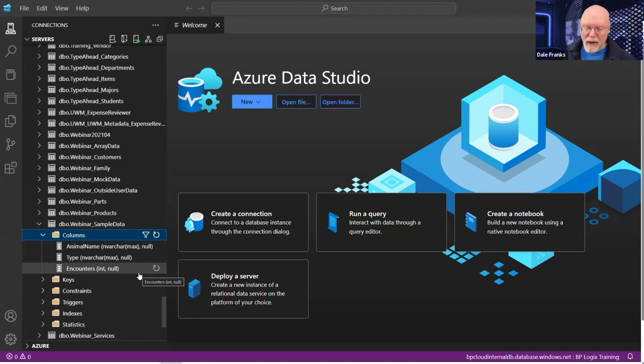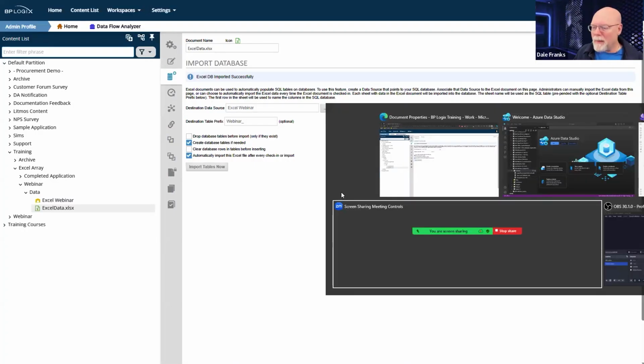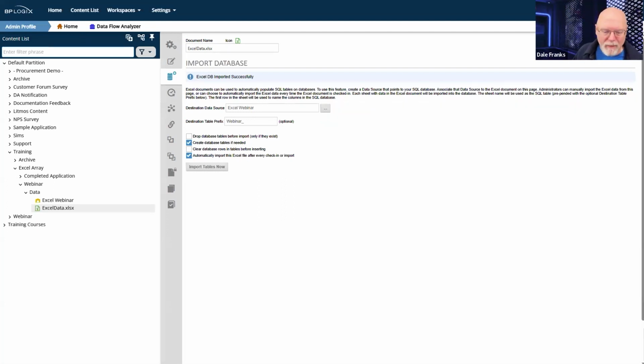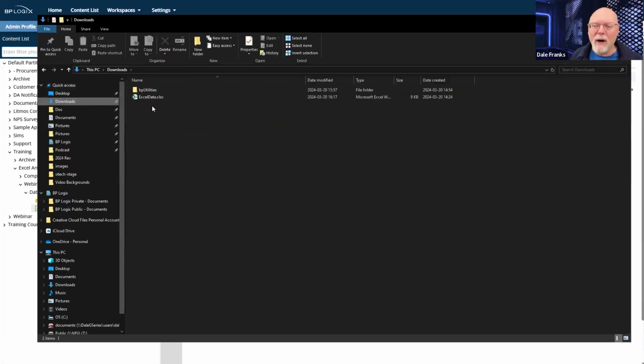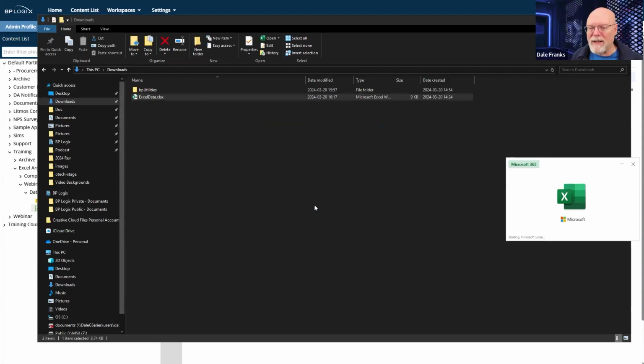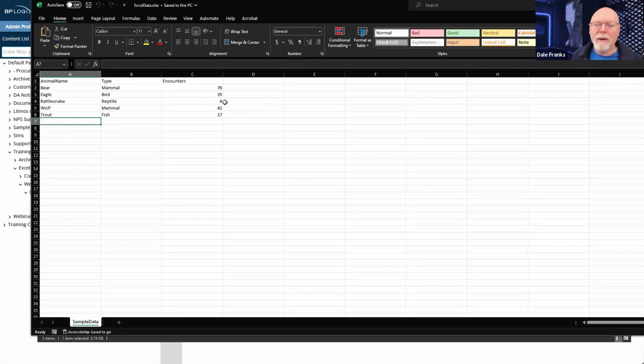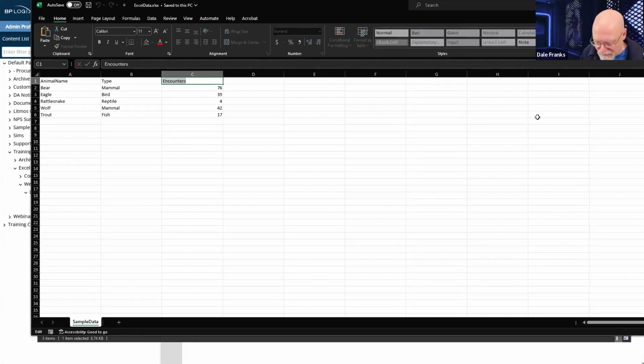Another problem that arises if you are using a field like a zip code would be it trying to figure out how this data is supposed to work. Let's make a little change here and go back to my Excel spreadsheet. Well, I seem to have closed my Excel spreadsheet. I think I'm going to need to keep it open. Downloads. Let's go back to our Excel data. And let's say that this isn't encounters. Let's say, in fact, that this is called postcode.